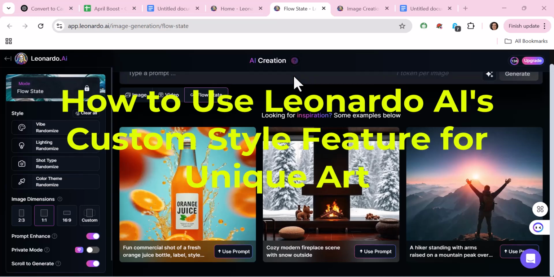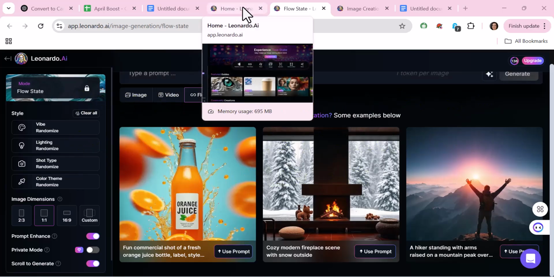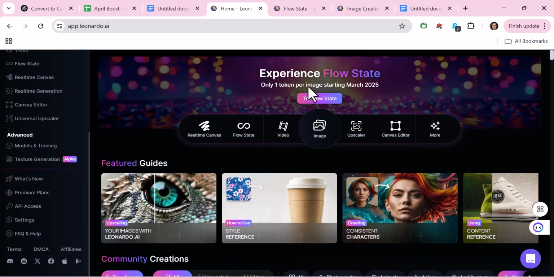Hello guys, and welcome to this video where I'm going to be showing you how to create a unique art image with Leonardo AI. So the first thing you have to do is to go to Leonardo AI homepage, and